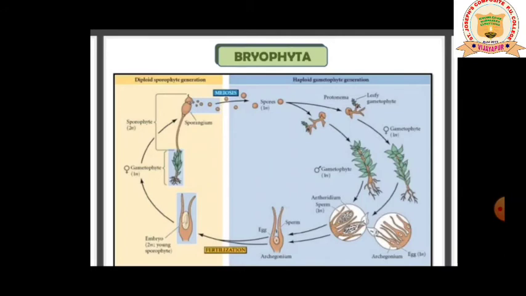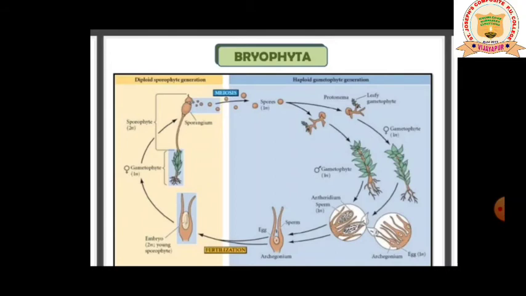The same cells of the sporophyte undergo reductional division, that is called meiosis, to produce haploid spores. Now, did you come to know why I call bryophytes a haploid plant? In the beginning itself, as I said, they are haploid. The plant body is haploid. Now you come to know, as the fusion of male and female gamete takes place, it has to go for division to produce a diploid plant.